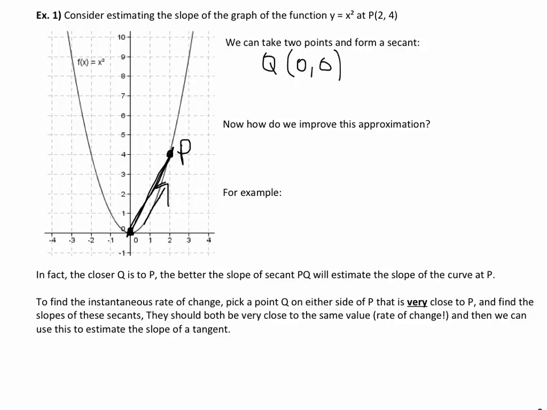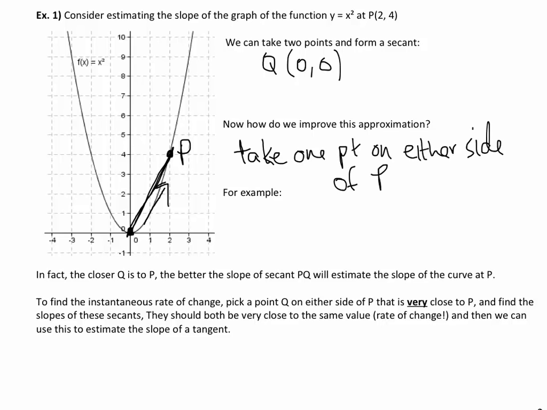What we want to do is take a point that is very, very close to P on either side of P. We're going to take one point on either side of P. For example, then, we could take the point Q at 2.01. So 2.01 is really, really close to 2. That is going to correspond to a y value of